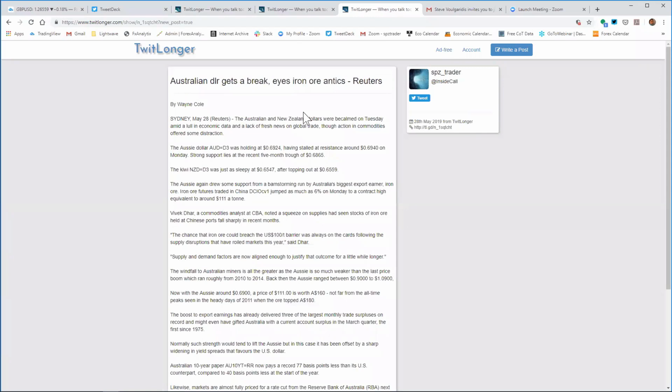Australian dollar gets a break and eyes iron ore antics. The Australian and New Zealand dollars were becalmed on Tuesday amid few economic data and a lack of fresh news on global trade. The Aussie drew some support from a bumper run by Australia's biggest export earner. Iron ore futures traded in China jumped as much as 6% on Monday to a contract equivalent to around